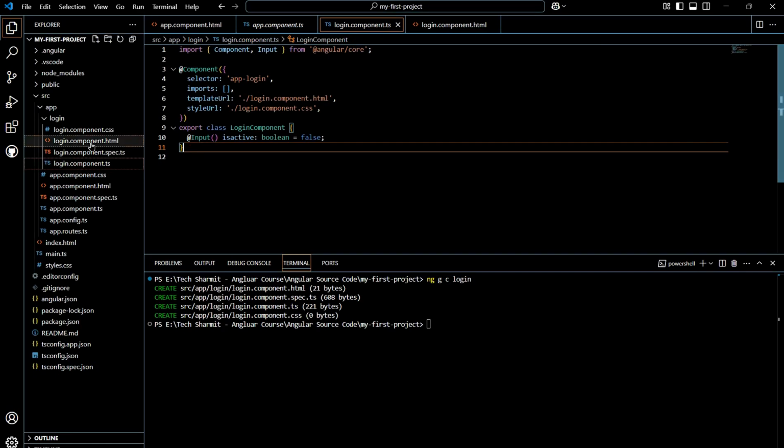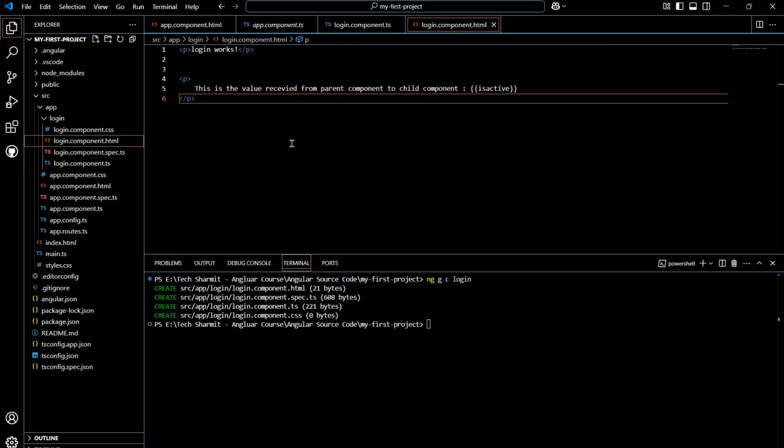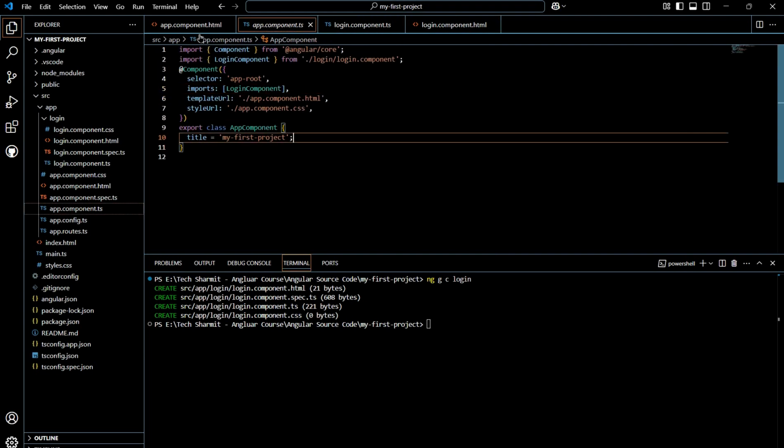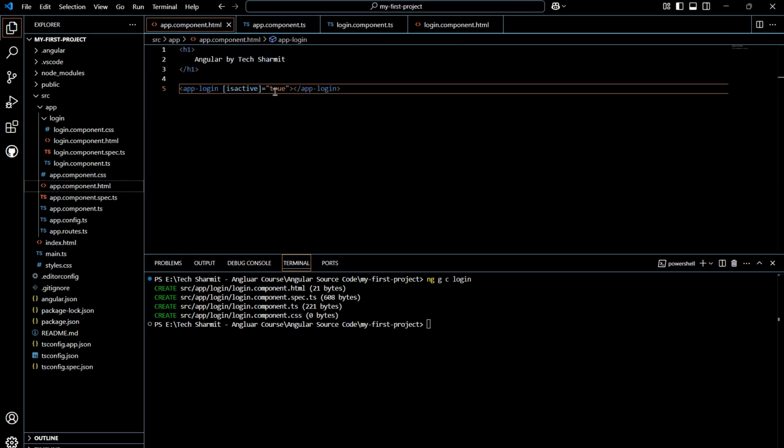After this you need to go to this login.component.html file where we will print the data, which is, this is the value received from parent component to child component, and the value is isActive. Okay, now you can simply save this, and make sure that all files are saved, otherwise it might cause an error. So far we are just sending the static value. I'll also tell you how to send the dynamic value, but for now we are just sending the static value. Alright, so let's run the application using the ng serve